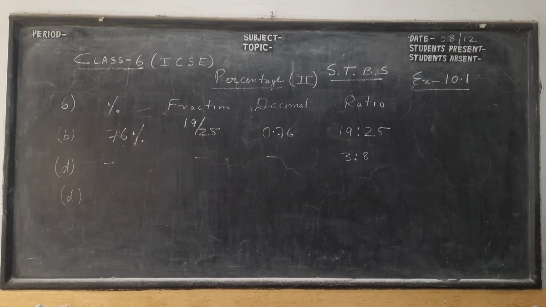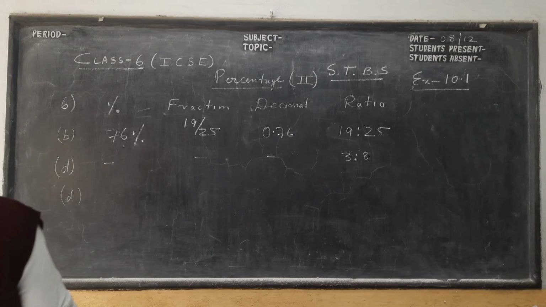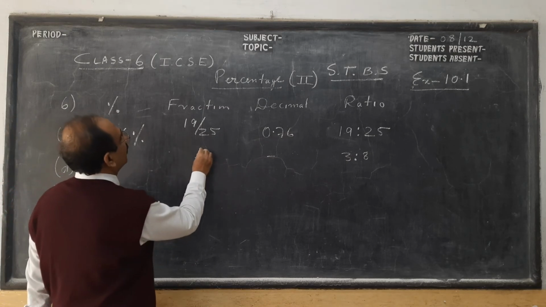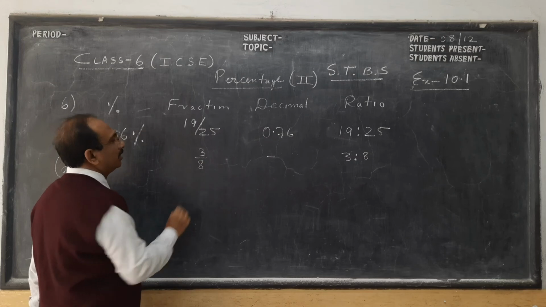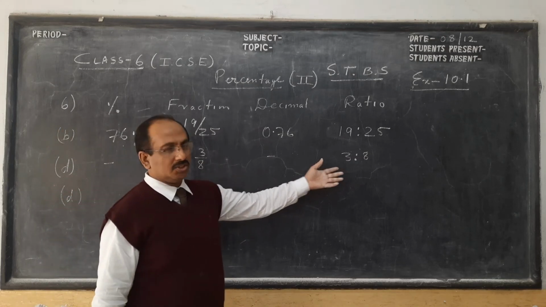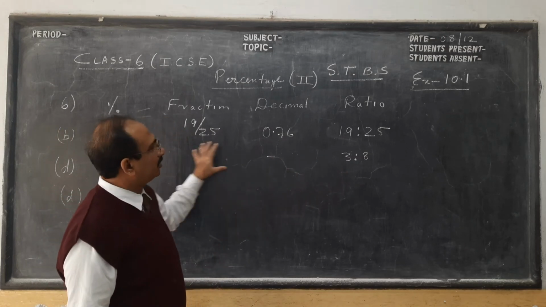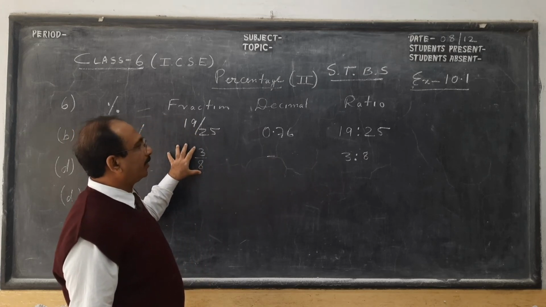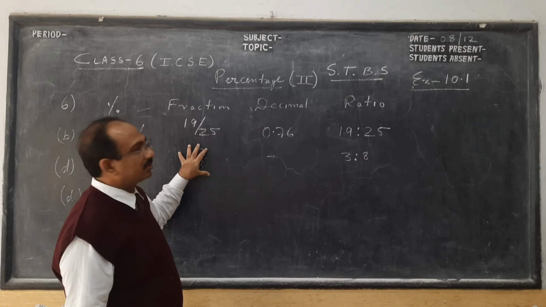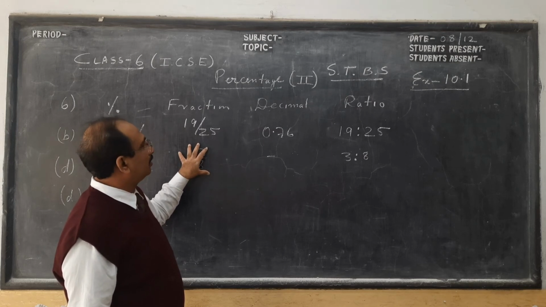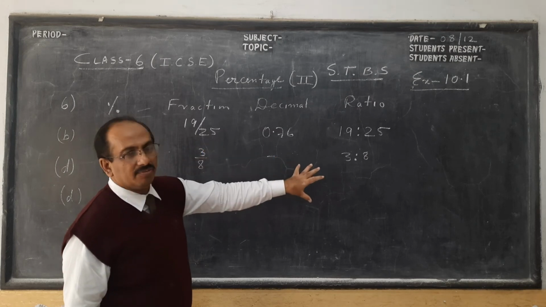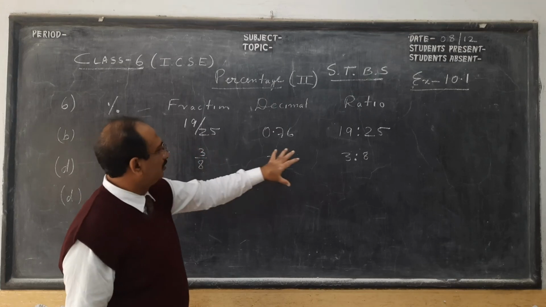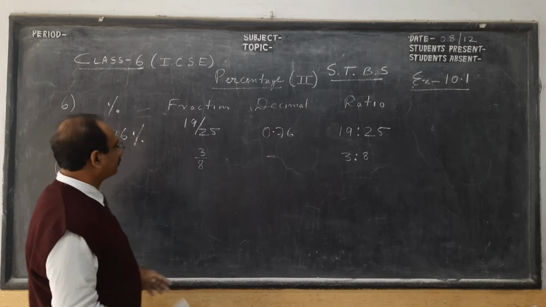So now we move on to the last part of this last question. We have 3:8, children. So the fraction of children will be 3 by 8. Since it's a ratio, we make it this way. So fraction and ratio are very close, that we have to see. But if it is a mixed fraction, then we will see what we will do there. If it is a proper fraction, no problem.